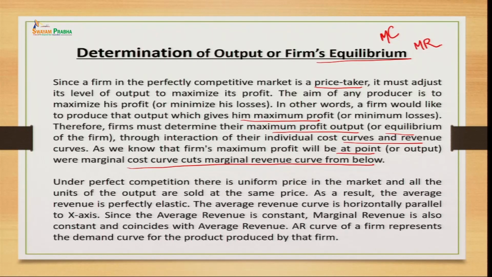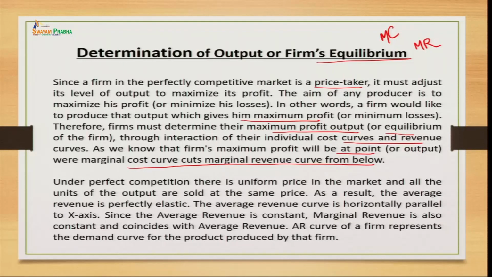Like I said, I have shown you the demand curve, where we have stated that the average revenue in the perfectly competitive market is constant, and because we have a constant average revenue curve, our marginal revenue will always remain the same. Because what is marginal revenue? Marginal revenue is the additional revenue, right. If you are producing or selling one extra unit, and because of that you are getting additional revenue, that is called marginal revenue. So, since average revenue is constant in the perfectly competitive market, the marginal revenue will always be constant, right.